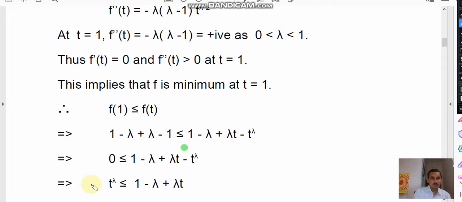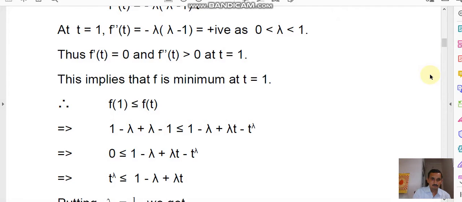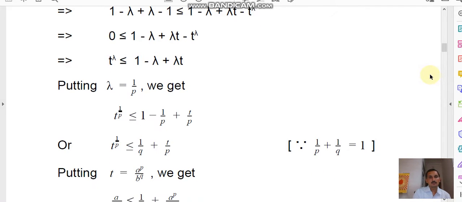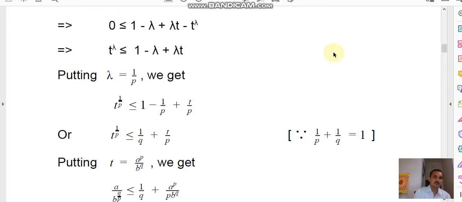So we obtain this as t^lambda is less than or equal to 1 minus lambda plus lambda t. After obtaining this equation, t^lambda is less than or equal to 1 minus lambda plus lambda t, we are